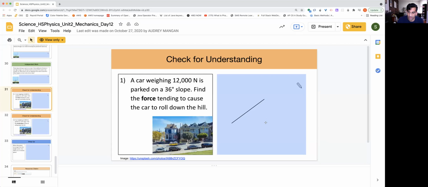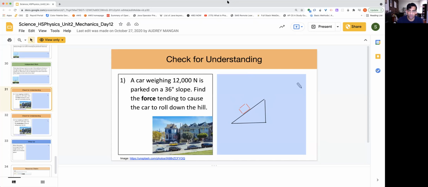So I've got my angle of incline of the street right here. Okay. And then I've got my object. I'll do that one in red so it pops. Here's my car at an incline, parked. We want to know what's the force tending to cause the car to roll down the